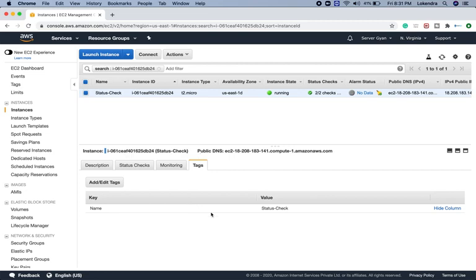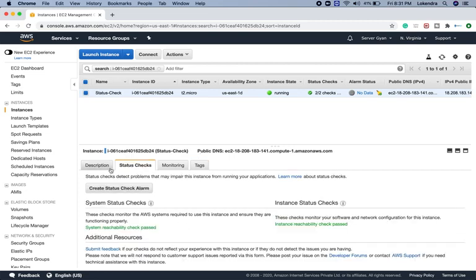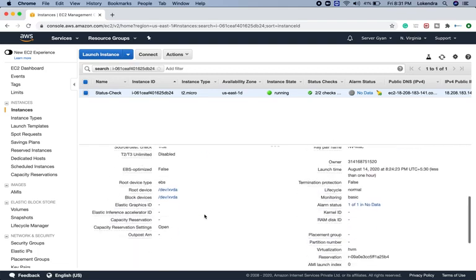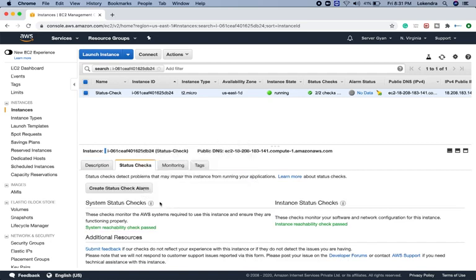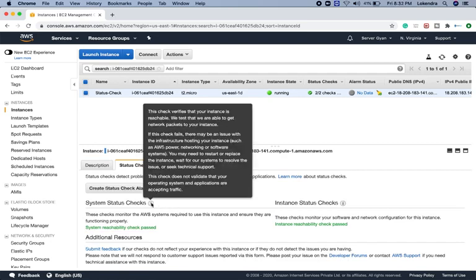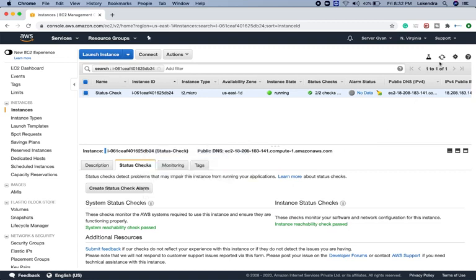Then after, if you want to know about tags, you can check here; status checks, you can check here; and the particular description of the machine. Fine. So guys, these are the options available here which we can use in order to check these status checks. And moreover guys, if you really want to know what the possible causes are and how you can recover, rebooting is the only option which we have. Reason being, we do not have any physical console, or physical access to the data center and the availability zones and the physical resources where these servers are running, so we cannot do anything. In order to ensure that the server comes up, we can only reboot the system. We are not given any other option.